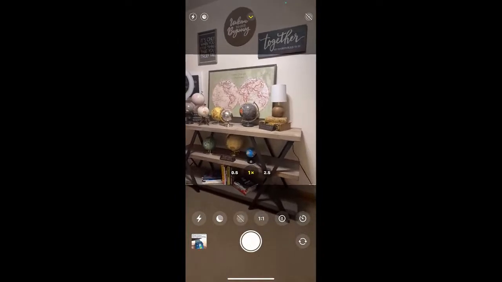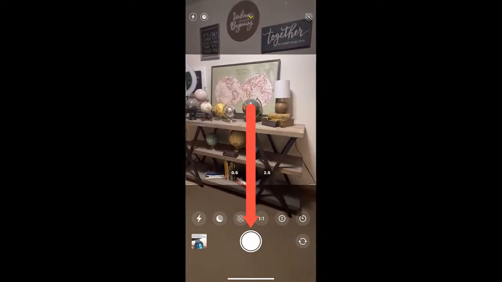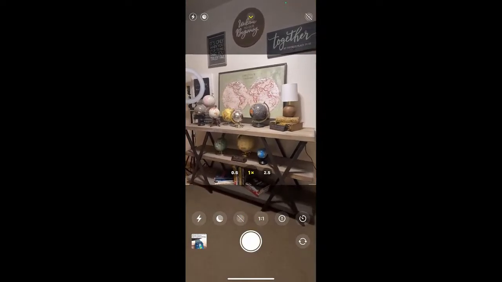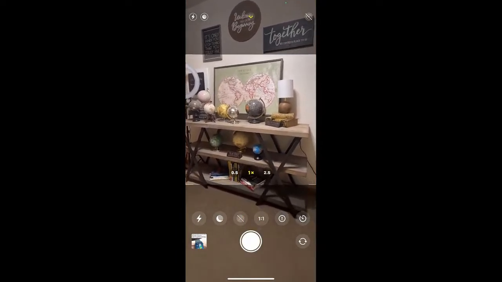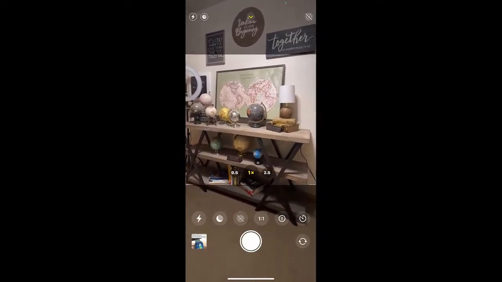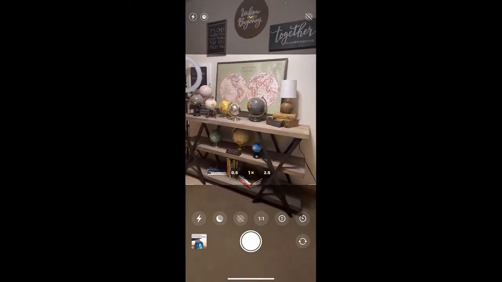Now, if I click the white button right there, what is it going to do? It's going to take a photo because I'm in photo mode. But if I want to make a square video, and they really need to fix this and make it simple, there's software out there that you can use, right? I'm just not sure if it works with WeTransfer, because I use WeTransfer to transfer my videos so they're transferred